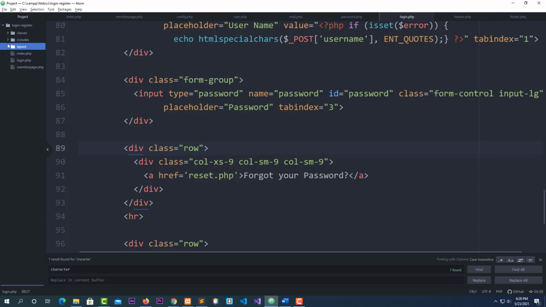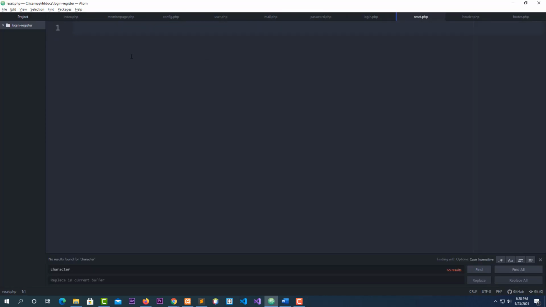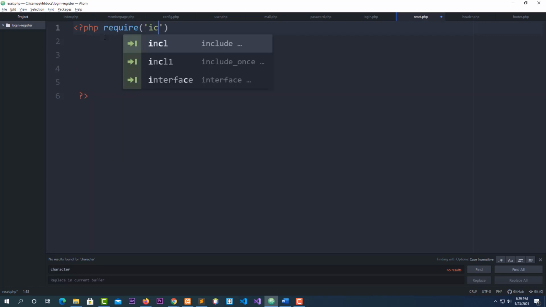To create this file, we have to go to our main folder. Okay, click on new file. I can paste it here. Okay, and click enter. Now we have reset.php. We have to add some code inside this file. Okay, I'm going to say php. I'm going to say php, guys. I'm going to say php required. Okay. Now I can say include,